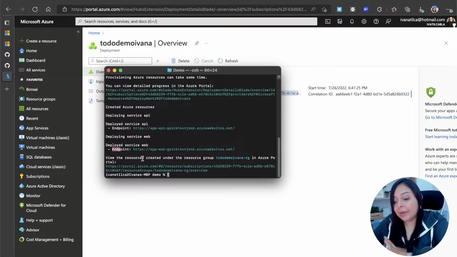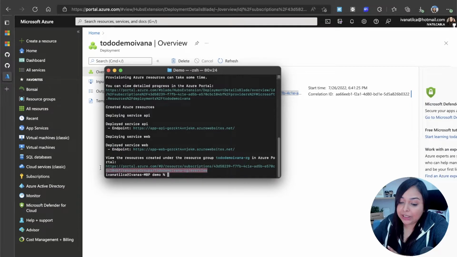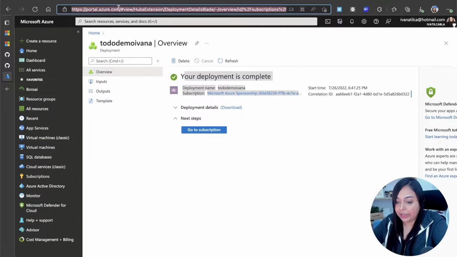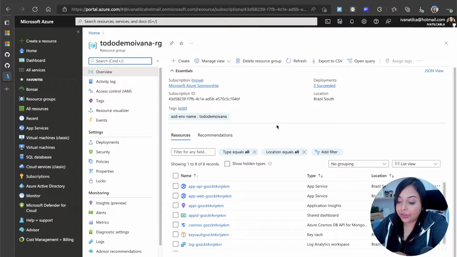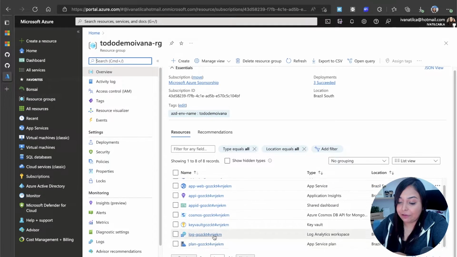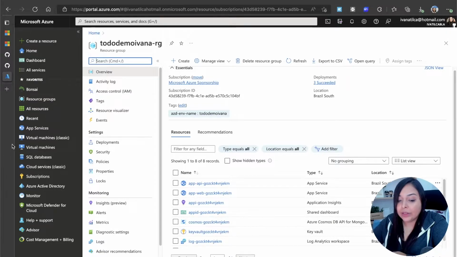So it created absolutely everything. Now it gives me the URL. Let's go ahead and paste it. It gives me the URL of the Azure resource in which it created all the information that I just requested. Great. So now what? You can do it over here, but there is another possibility to do it